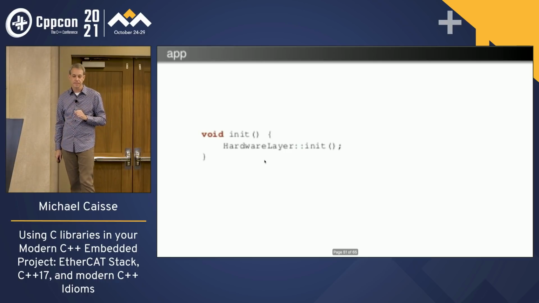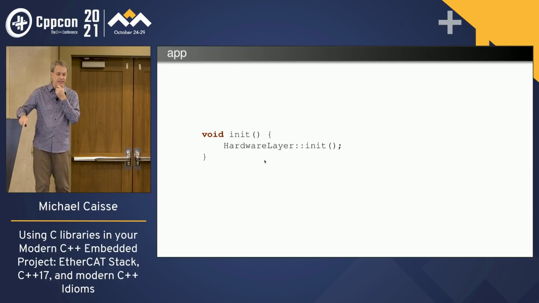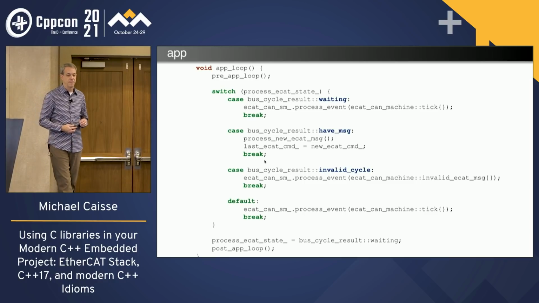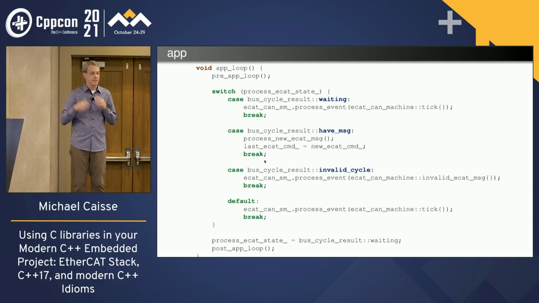Okay. So hardware init just looks like, let's init the hardware that we have. And then our app loop simply checks to see what's going on. And then what I want you to notice is that it's calling the EtherCAT CAN state machine process event.